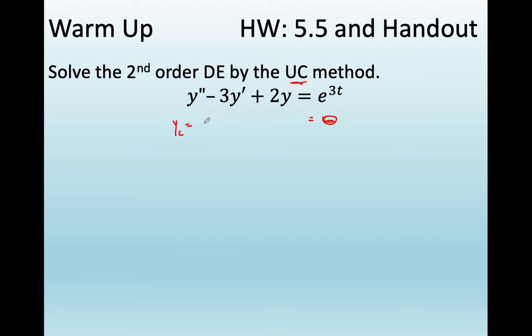I'm going to make this r squared minus 3r plus 2. It factors nicely into r minus 2 and r minus 1. Therefore, r is equal to 1, r is equal to 2,